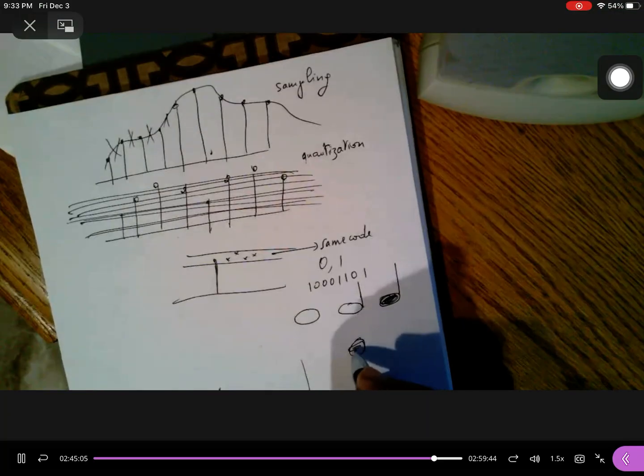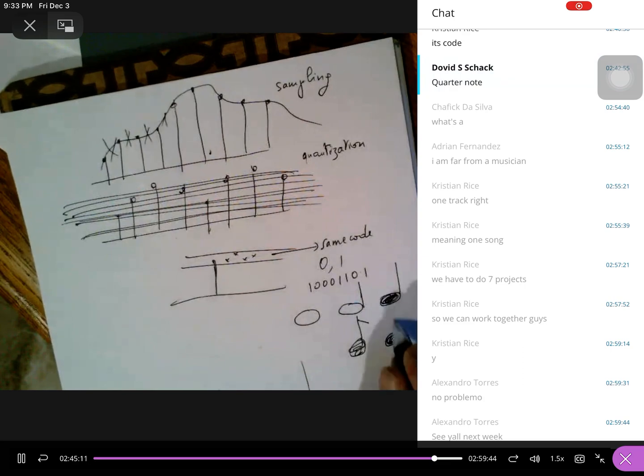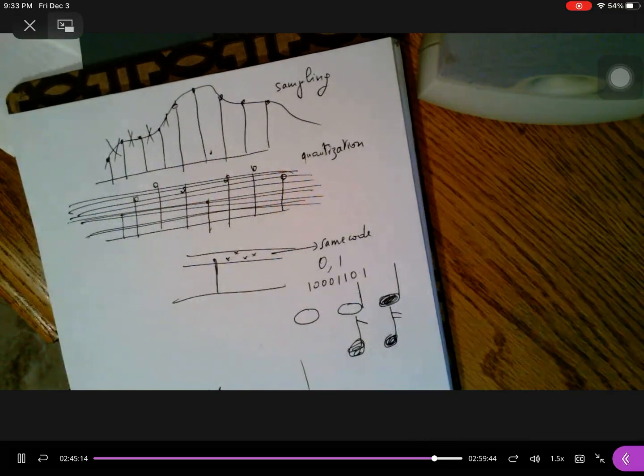Stem, then you have a black note with a stem and a little piece coming out, right? That's a half note, and then you have a quarter note and so on, right? And more pieces as the time becomes smaller. But here it means that this is how you put it on a music sheet, and here